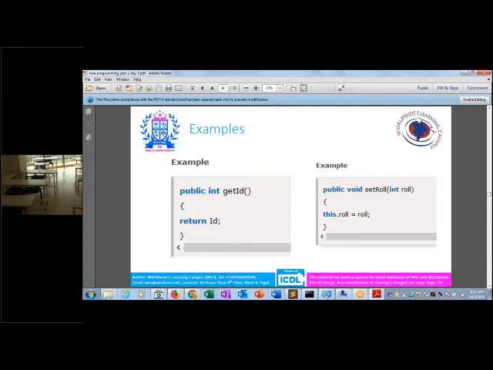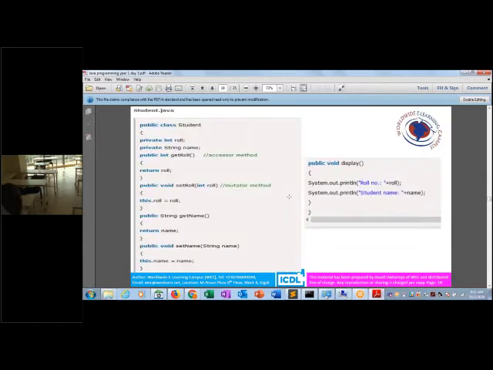Here we have an example: private int rollNumber, or registration number, private String name. Then public int getRollNumber, which is the getter accessor. It will get the roll number and return rollNumber. Then public void setRollNumber, then this.rollNumber